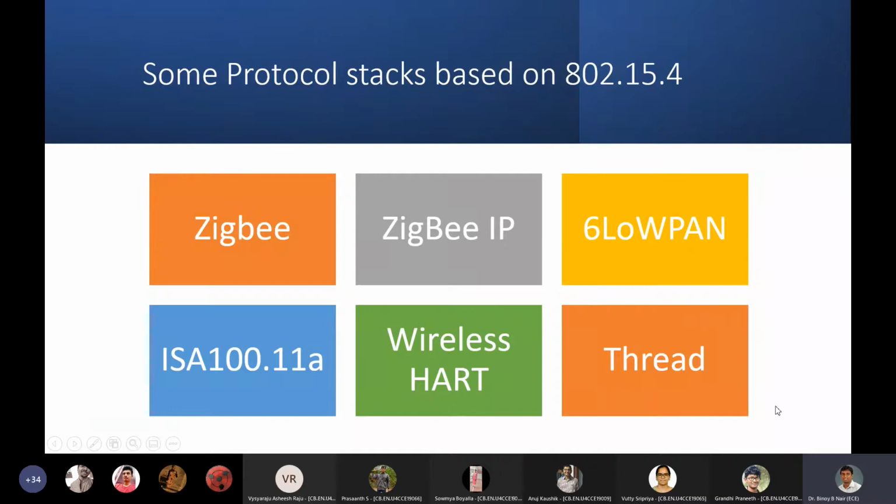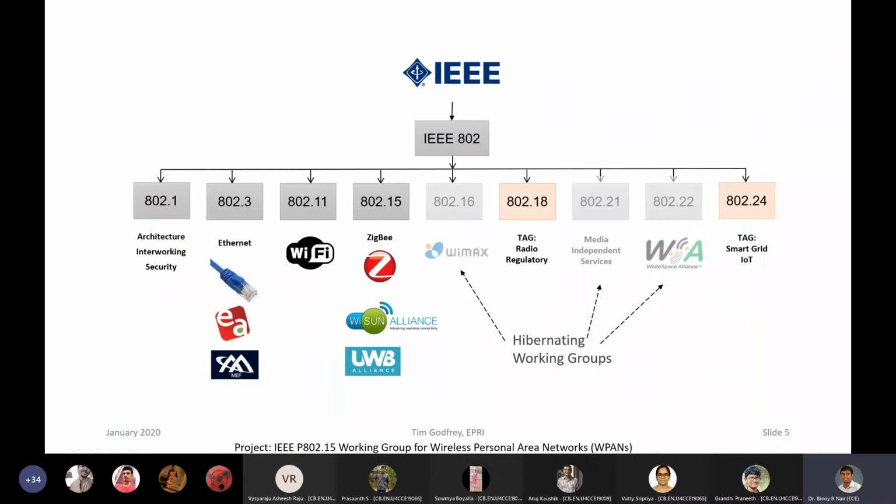We'll go to the next slide. This will give you an understanding of what the IEEE standards are and how they fare as far as the current status is. The parent is obviously IEEE 802, and 802 has many standards, as you can see here. You have 1, 3, 11, 15, 16, 18, 21, 22, and 24. So whatever you are seeing,